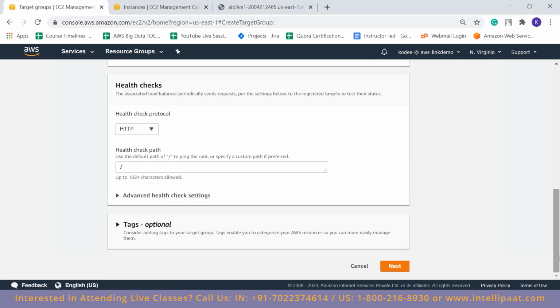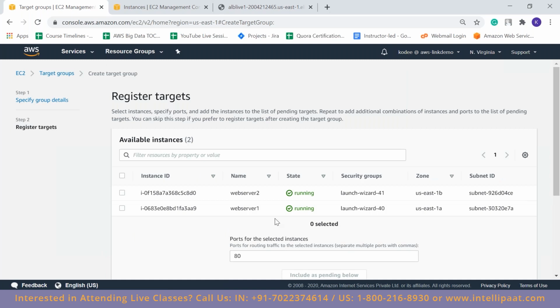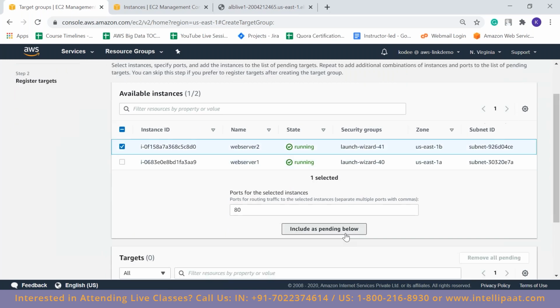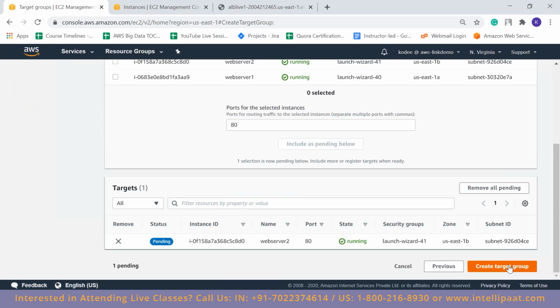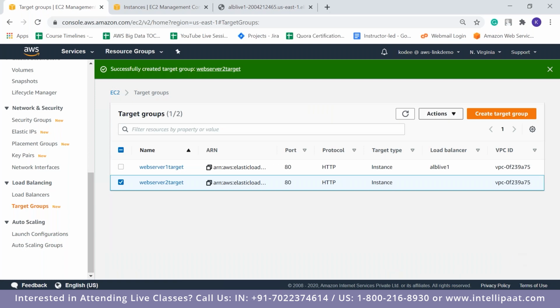I'm not going to change anything else. Then click next. So here it's web server 2. Click on include as pending below and click on create target group.